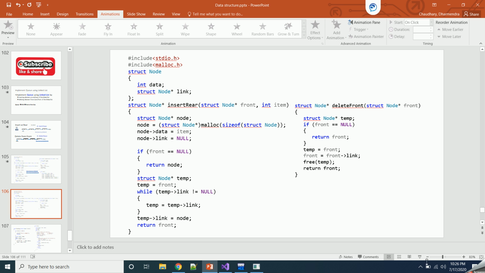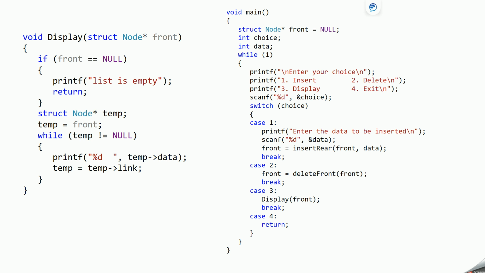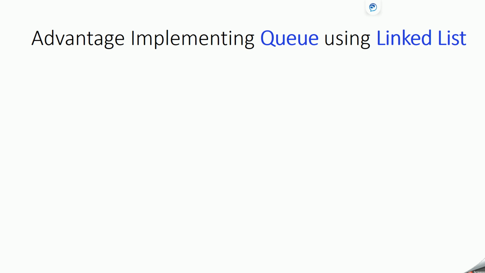So we saw how the queue using linked list works, by adding an element at the end of a linked list and deleting an element from the start of a linked list. You might think, why do we need to implement a queue using a linked list, because we can implement a queue using an array also.